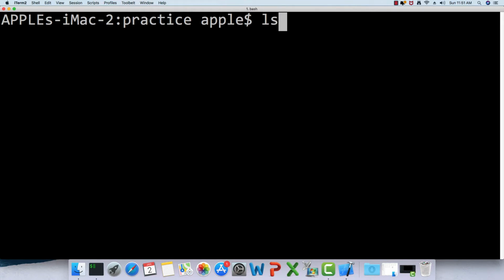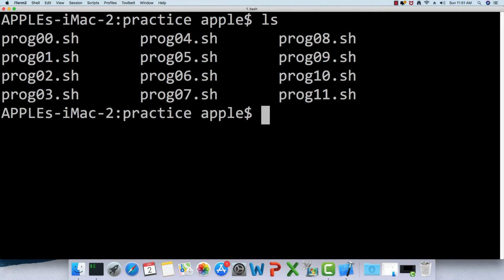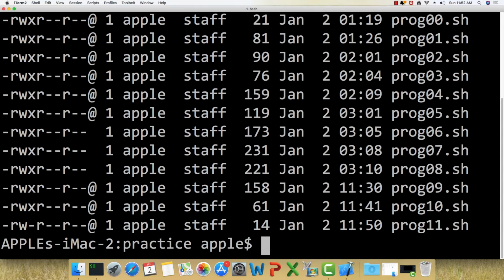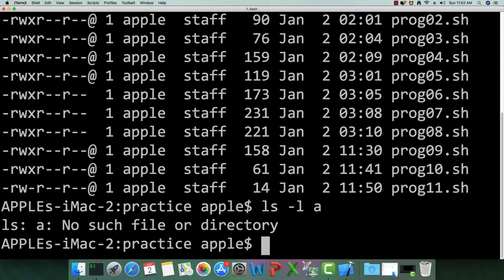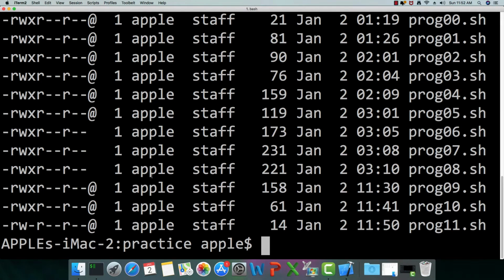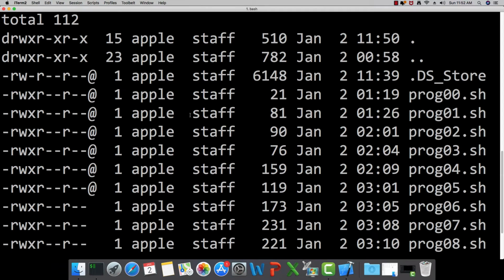Now, if I say ls, it is going to show us the list of all the files and directories in the current directory. If I say ls hyphen l, then it is going to show me everything in list format. ls hyphen la, then it is going to show me all the files and directories in the current directory.